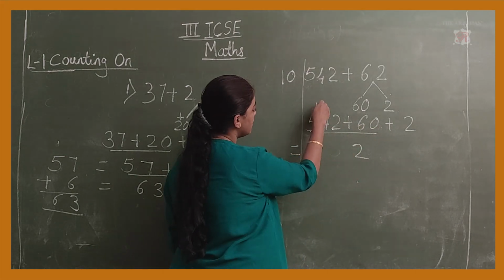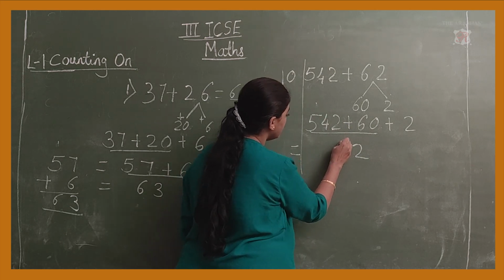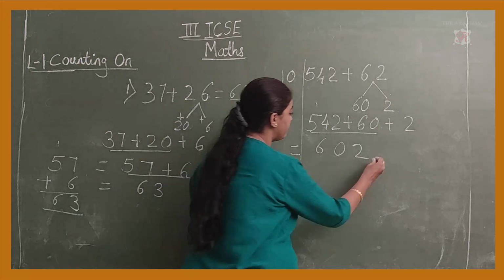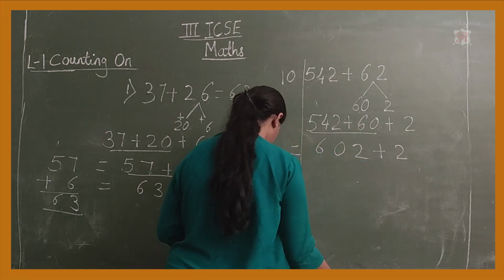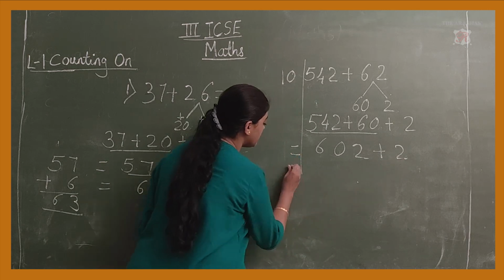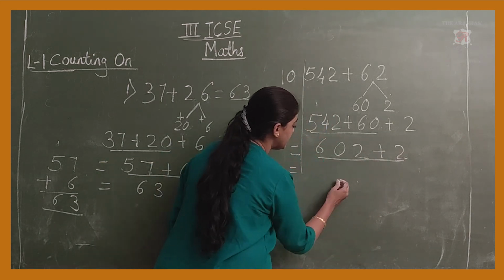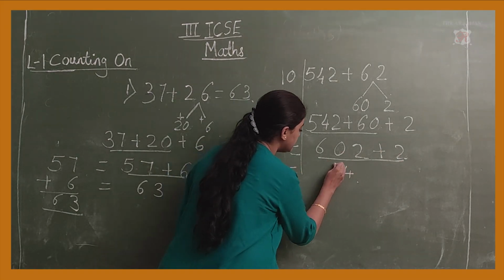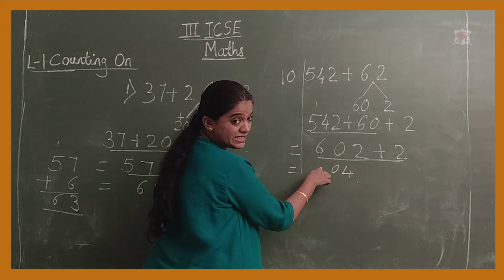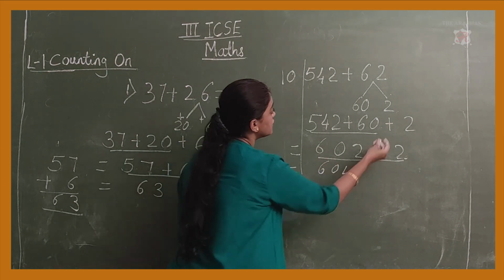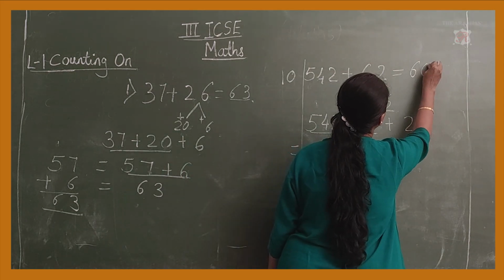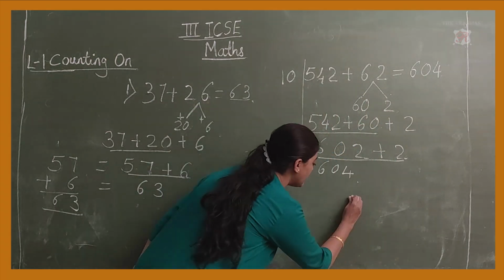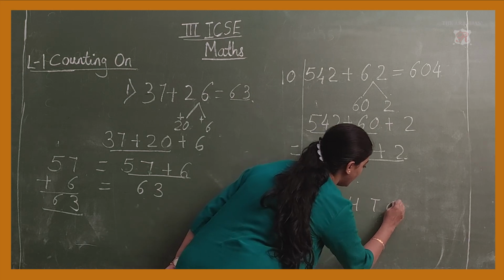6 plus 4 is your 10. I've carried 1 over here. 5 plus 1 is your 6. You can do it in the easy way. Both ways applicable. Plus 2. We are adding the ones first. 2 plus 2 is your 4. 0 plus anything is 0. Left hand in 100 place it is only 6. So 6 comes down. So your answer is 604.